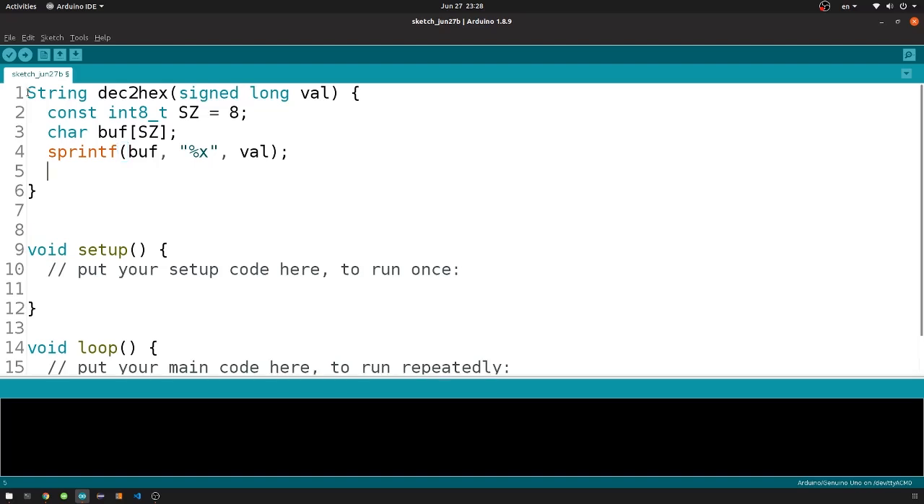And finally, let's return the newly created character array or string. We type down return buff, and that should be it. Now let's call this method from inside setup. As usual, serial.begin 9600,